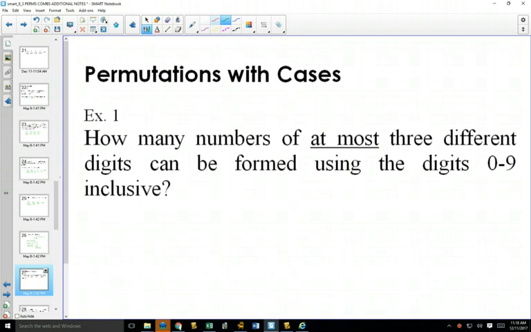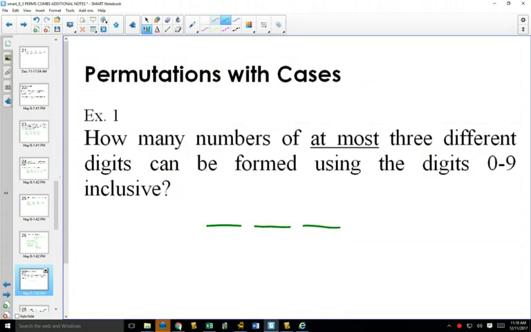Our last strategy is permutations with cases. Sometimes you can't count everything at once, so you have to break it up into different cases and count each of those cases separately, and then you can add them up in the end. So this question: how many numbers of at most 3 different digits can be formed using the digits 0 through 9? So this is a cases question because